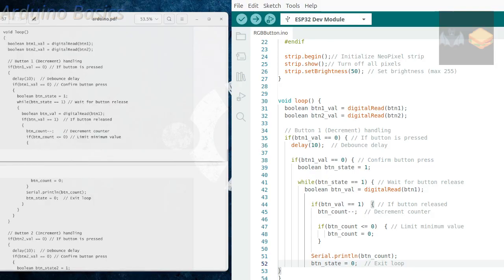open curly brace, boolean button 1 value equals digital read, the hardware button 1, boolean button 2 value equals digital read, the button 2. Okay, and then we have our button 1 decrement handling. If button value 1 is equal to 0, if the button is pressed, then delay 10 milliseconds, and if the button value of 1 is equal to 0, confirming the button press,